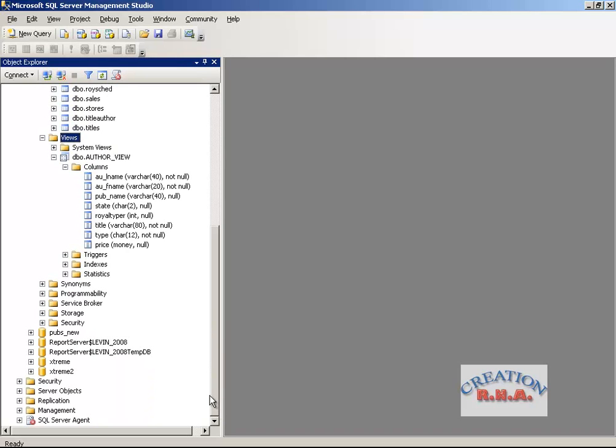You can always create a view and have triggers and indexes, as it is showing you on the view, not a problem at all, if there is an option available for you to create a trigger and indexes. You can always create a view on a view also, not a problem. Okay, I will end it here.